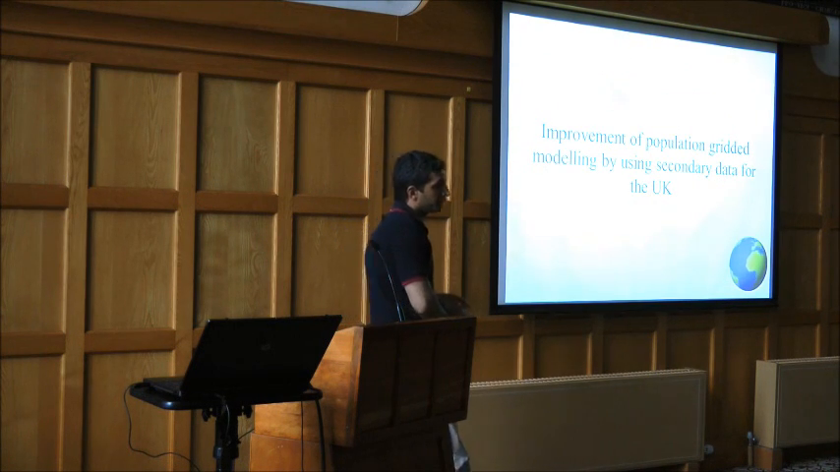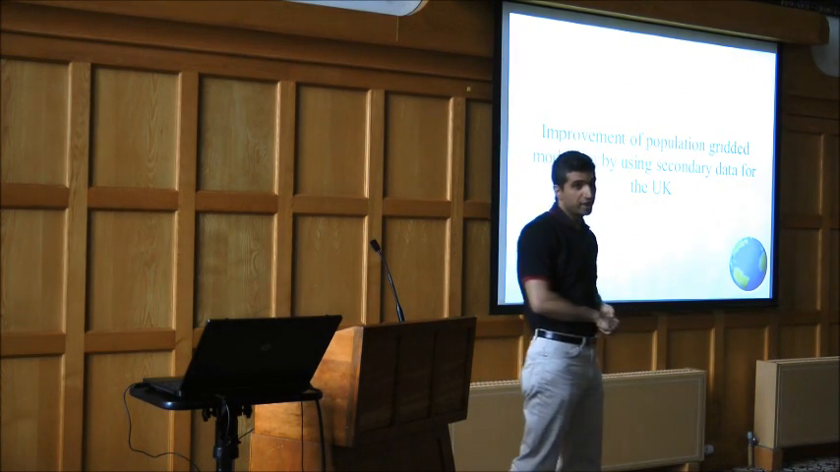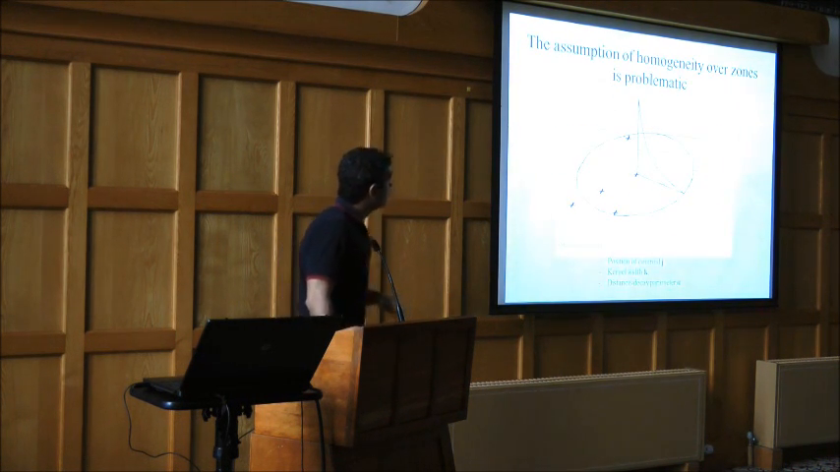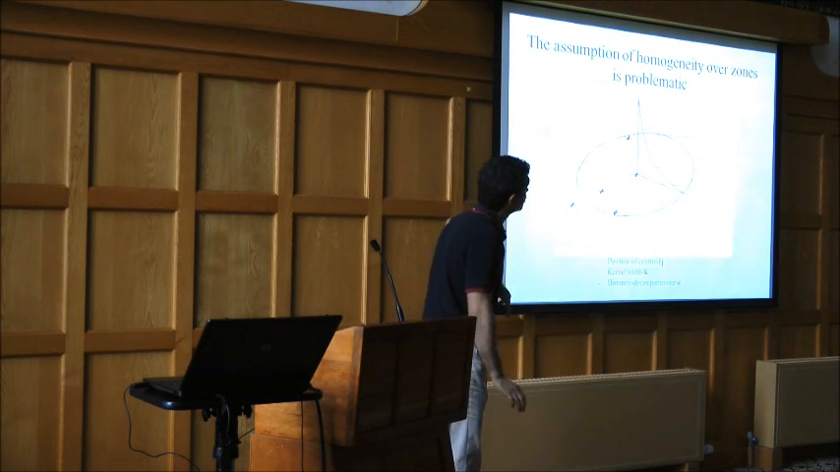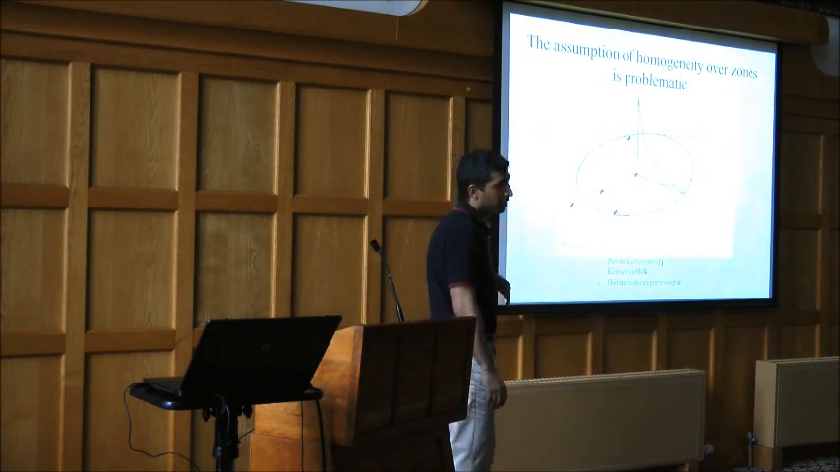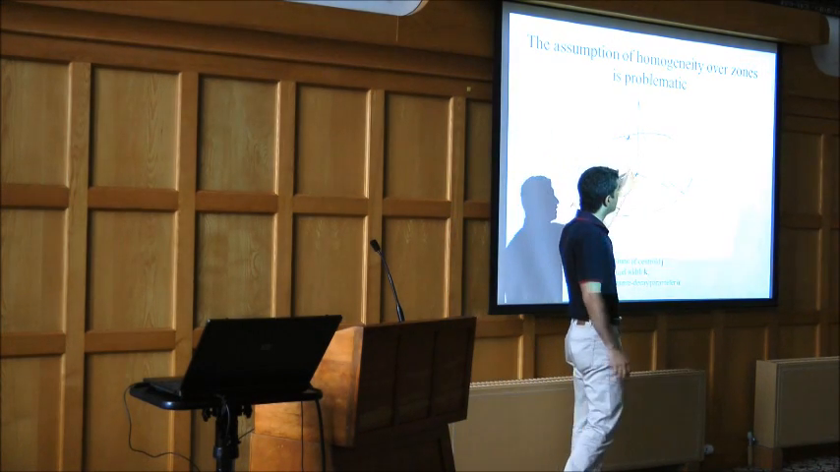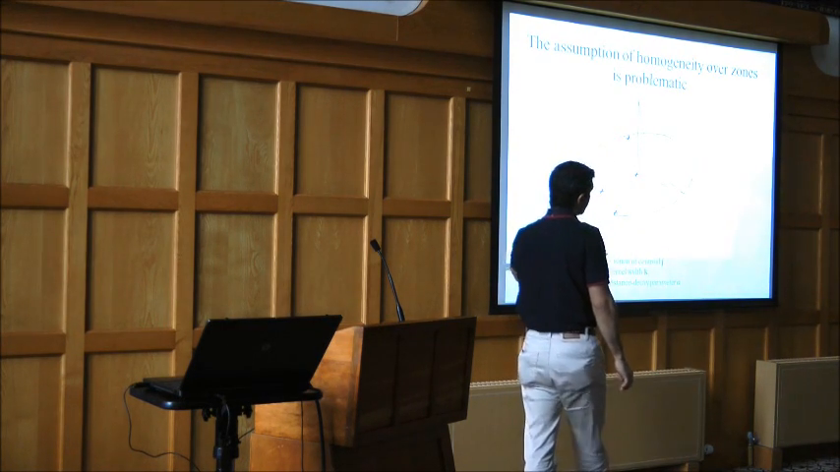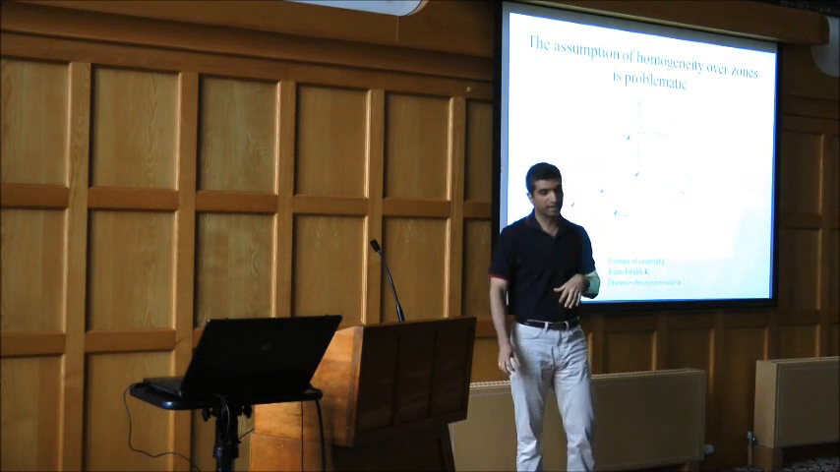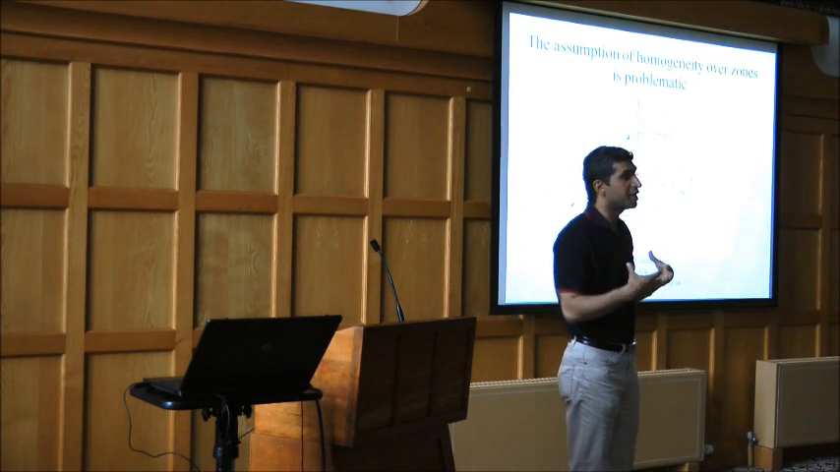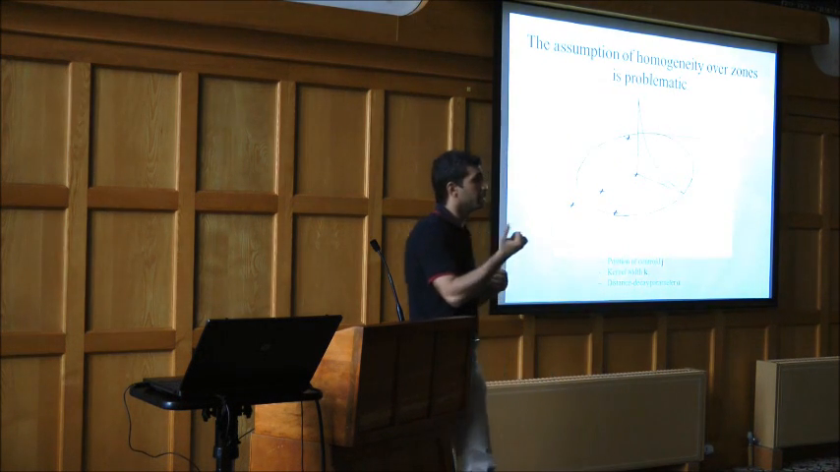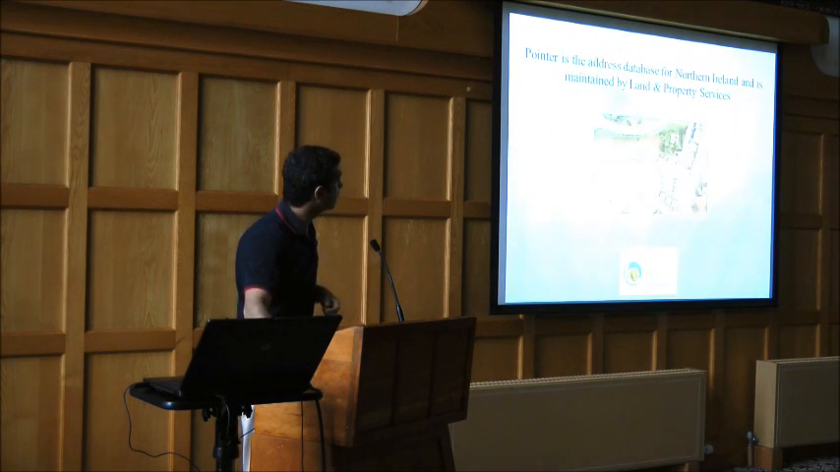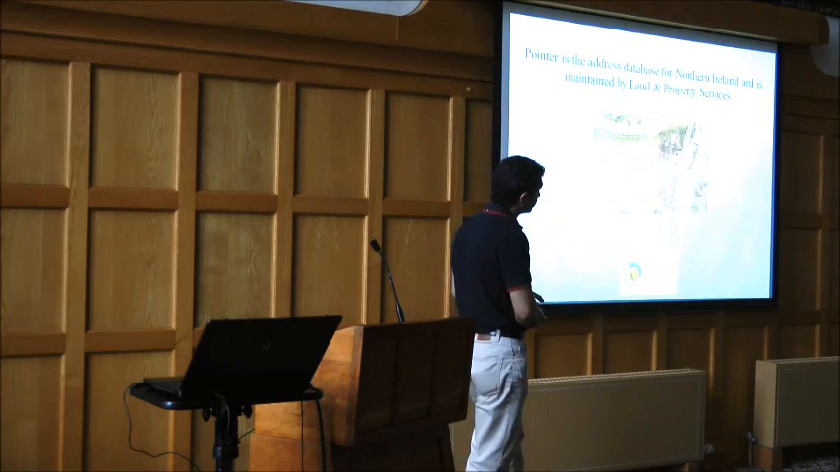So we try to improve this model for the UK by using secondary data. We knew that the assumption of homogeneity of this kernel system is problematic. We try to redistribute population from a census point without realizing that some of the pixels around it have no population. It can be a river, a green area, or some places with no population. So I'm going to use point data as a proxy